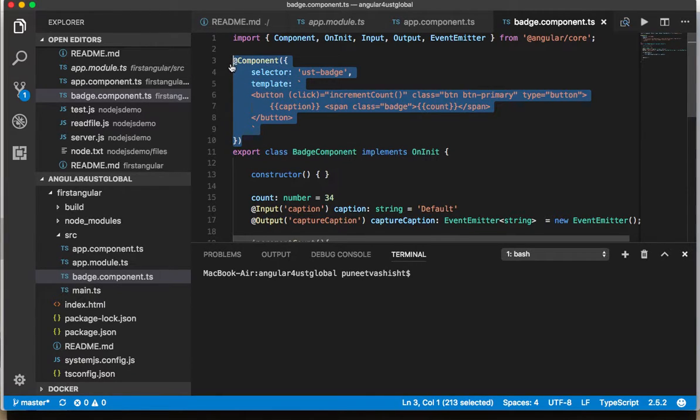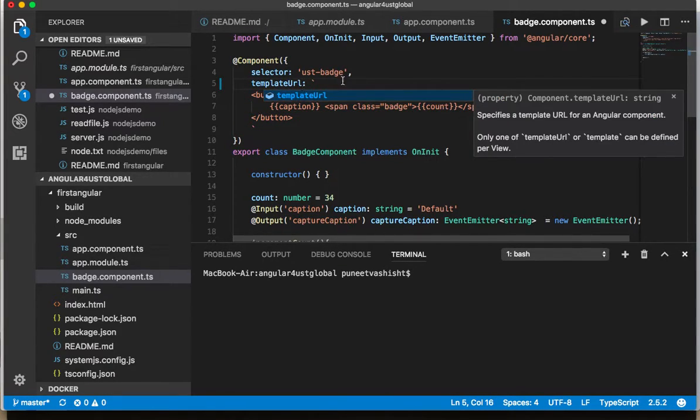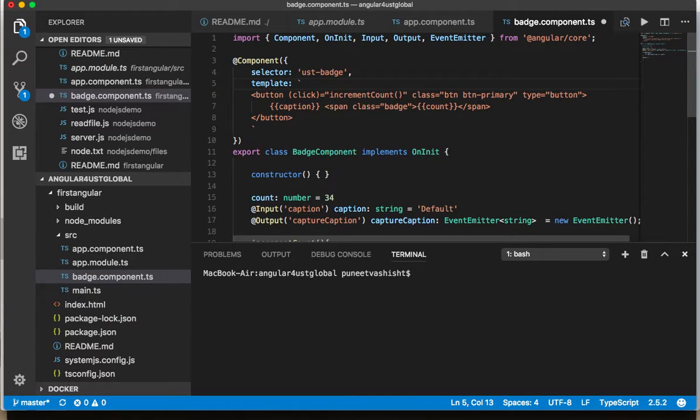If you don't have any class annotated with @Component, it will not become a component. So it's really important to use this, and it also tells where the template is. In this case, the template is all here, but you can specify a template URL as well and point it to an HTML file where you'll want to have this. I think this is something that we'll look at in some detail later on. Okay, so we understand these parts right here. Now let's get back to the